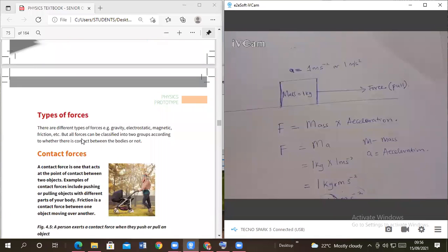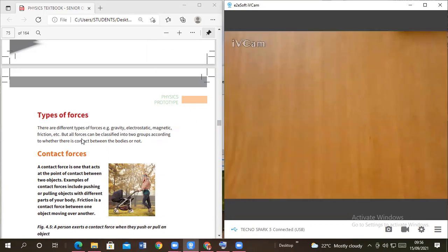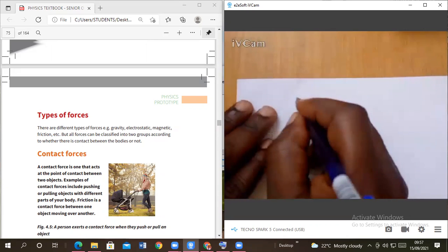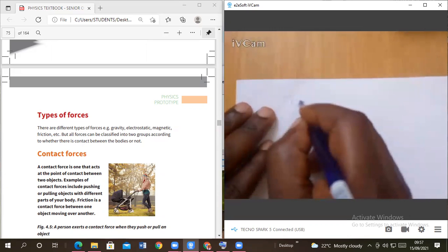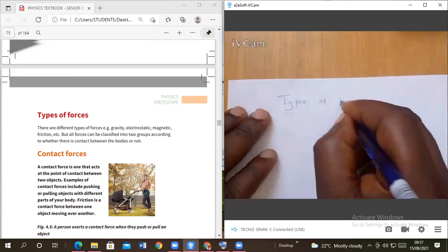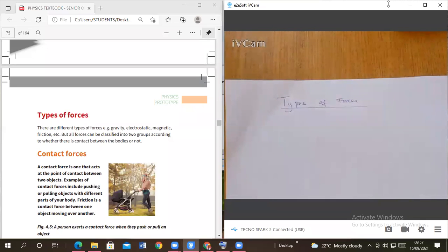All right. Now that takes us to the types of forces. Types of forces. Correct. The types of forces. So let us look at the types of forces. Okay, someone has the answer straight away. Types of forces. Okay, now